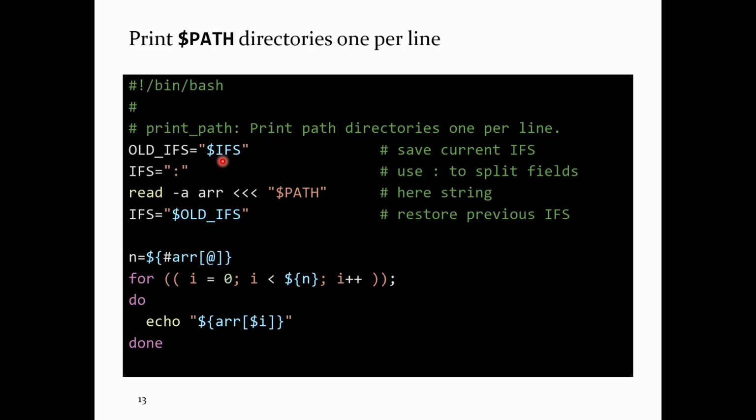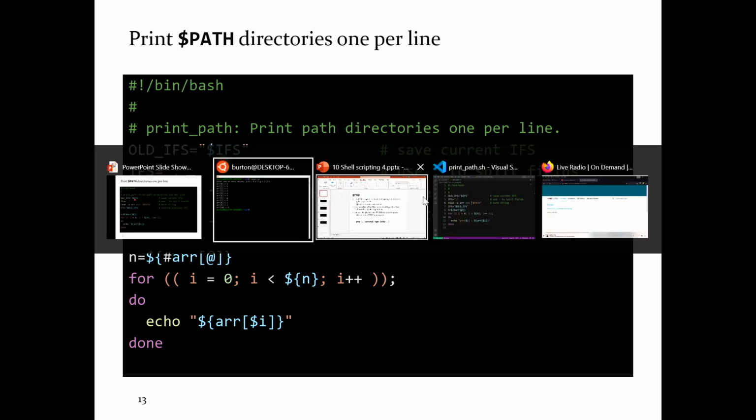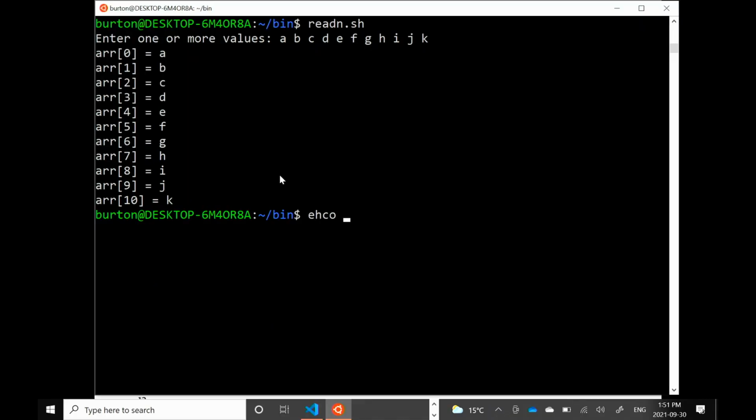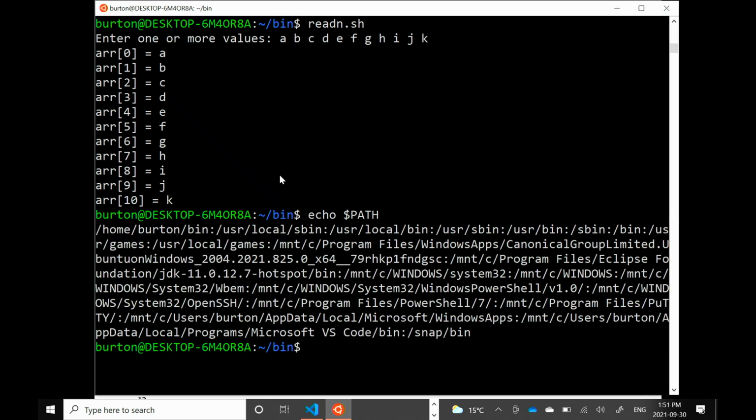OK, so remember PATH. We had this variable called PATH a while ago. If I echo my variable called PATH, you get this mess. Remember, PATH is just the list of directories that Bash uses to search for executable programs. The separator is the colon. So if I wanted to print this in a way that's easy to read, for example, one directory per line, then I want to split on the colons instead of the spaces. I can do that. I just change IFS to be equal to the colon,